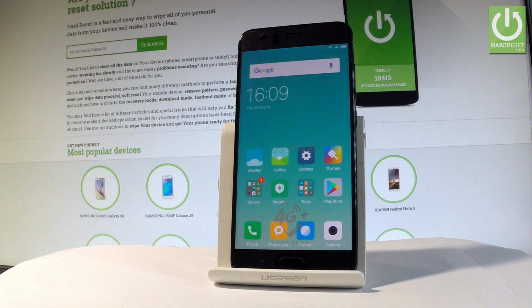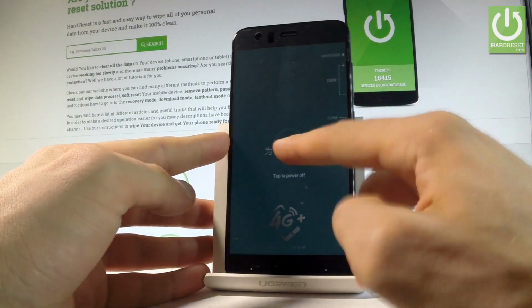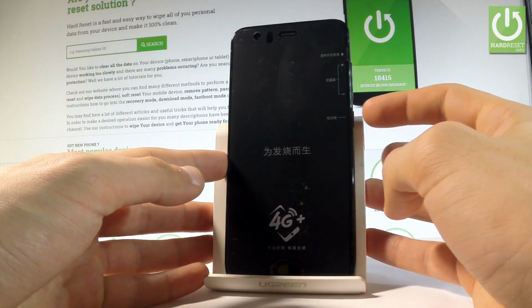Here I have Xiaomi Mi 6 and let me show you how to enter the Fastboot mode on the following device. First of all, let's start by holding the power key. Then let's choose power off and tap power off again just to confirm the whole operation. Wait until your device is completely switched off, and afterwards let's use the following combination of keys: power key